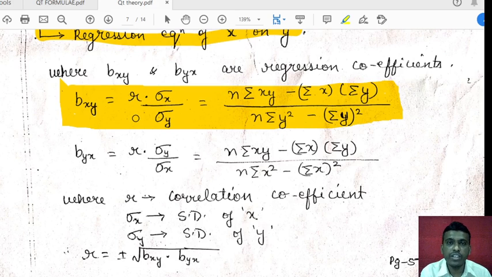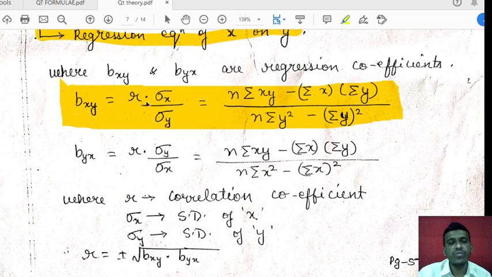So in correlation, whether you find the correlation between x and y, or the correlation between y and x, it is one and the same. So rxy is literally equal to ryx, so we just write it as r. There is nothing different between x on y and y on x, unlike regression. In correlation it is one and the same, so we just write it as r, whether it is Karl Pearson's coefficient or Spearman's rank correlation.